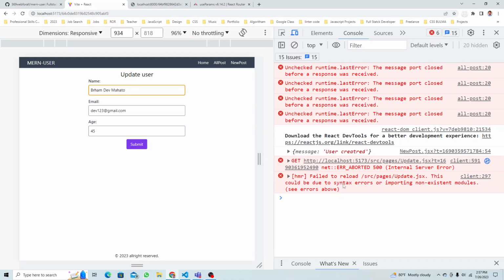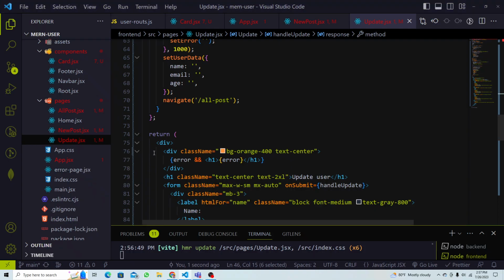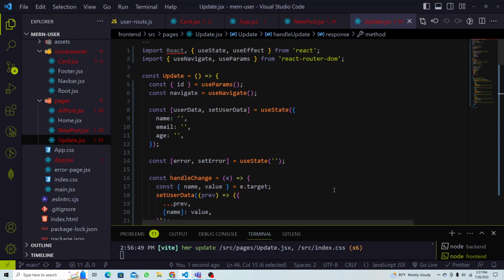This could be due to a syntax error or importing non-existing modules. See the error above. Okay, let's see what I have done. Something wrong here in the update part. Use params, use navigate, that is fine. Use params ID, use params, right? That is okay. So what might be the